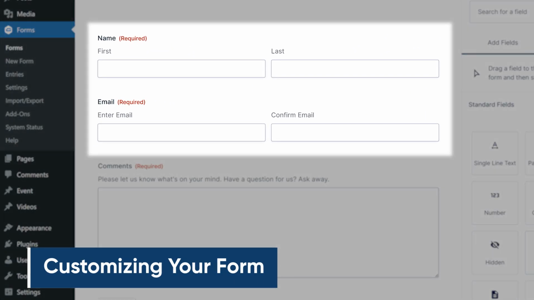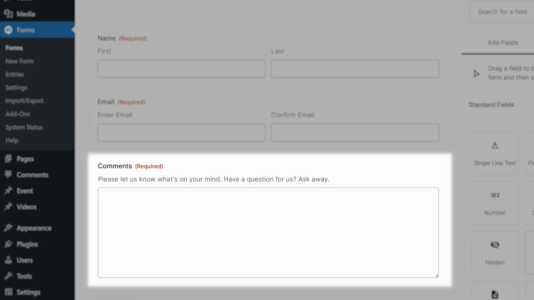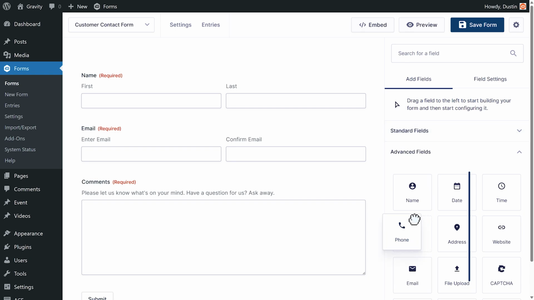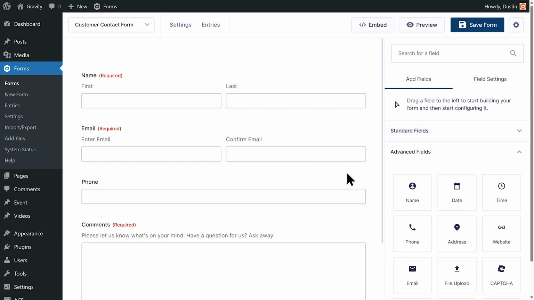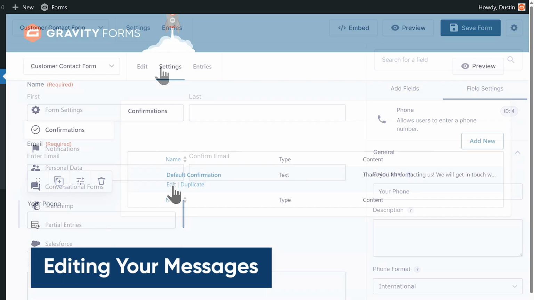The template includes a name field and email field, as well as a paragraph text field that lets users submit a message. We can customize this further by adding an optional phone field so users can opt in to phone calls or texts. I'll save my form, then head to the form settings page to customize the confirmation message